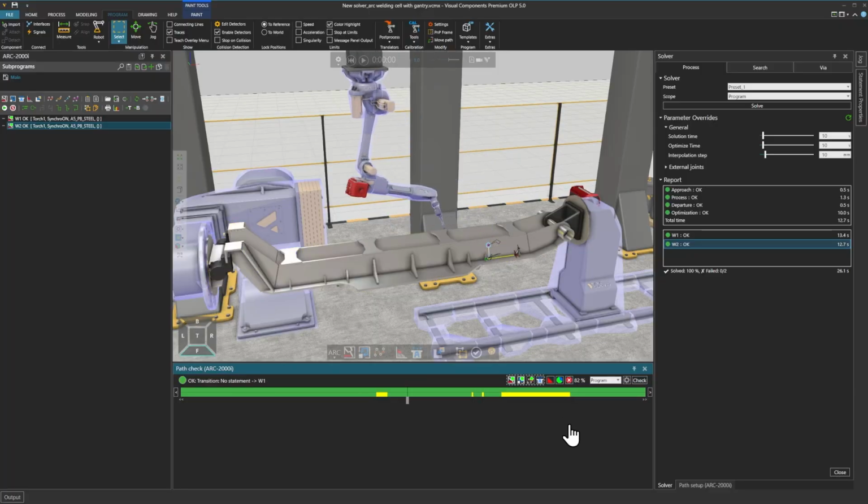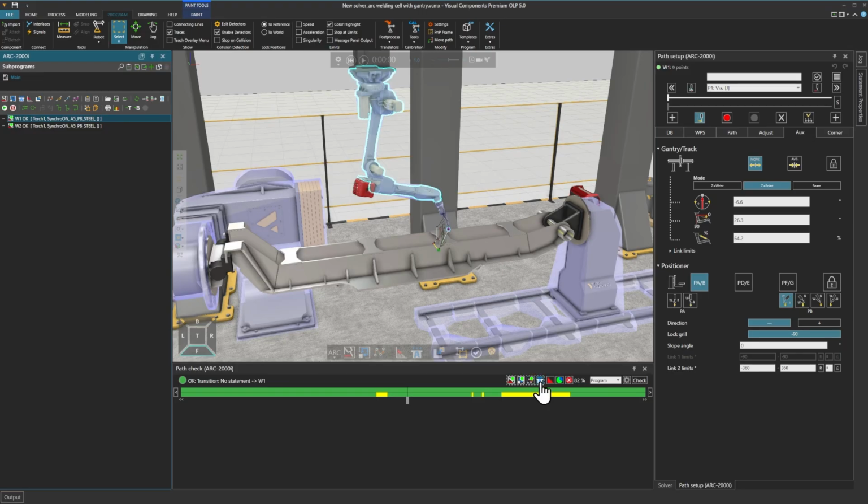Before we fix that, I would like to add some searches. And you might have used this one previously. And here, it's asking if we want to delete our previous searches. We don't have any here. So we can hit yes and no. It will create the same thing. But I will hit cancel first. And I will now change it to selected. Because I only want searches on weld 1.